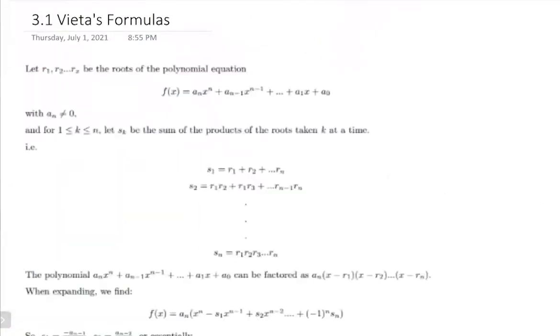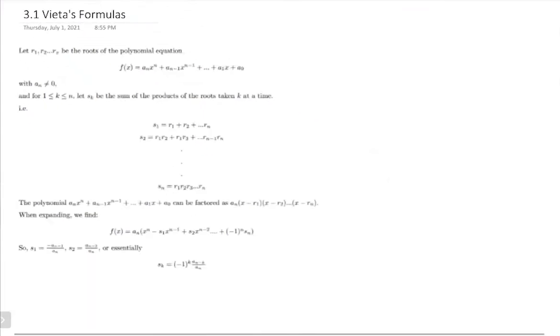So we have Vieta's formulas. Vieta's formulas are a special technique that comes up very often in competition math. Basically, consider a polynomial f of x equal to a sub n x to the n plus a sub n minus 1 x to the n minus 1 and so on, just the regular polynomial form with the leading coefficient not equal to zero. If you group the roots and take their products